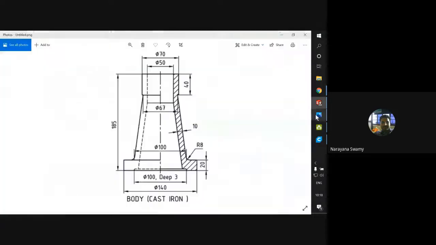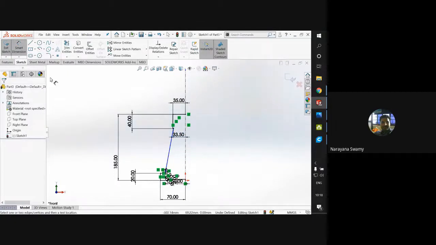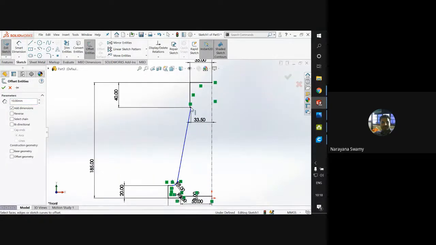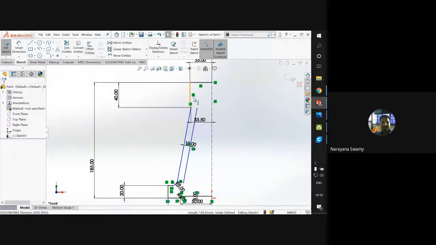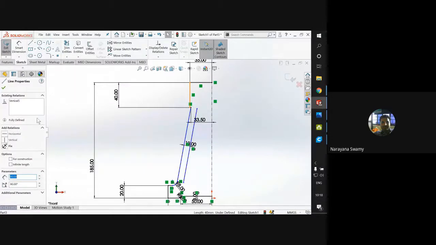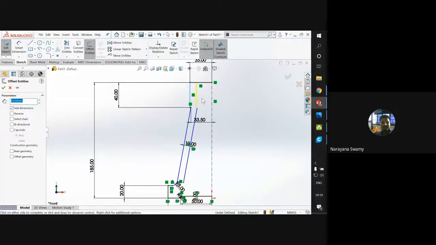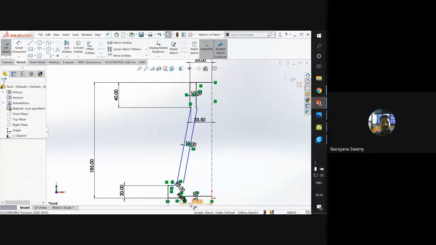Once we have done that, you can see the hatching portion is at a distance of 10 millimeters. So we can offset that and proceed with the points. For that we have a command called offset. The distance is 10 mm. We'll go by part. We want this one, you can see it here, and we want this one, the same 10 millimeter. We want only the two.